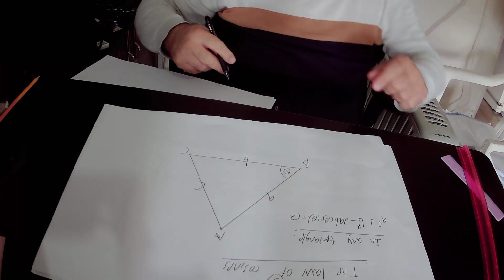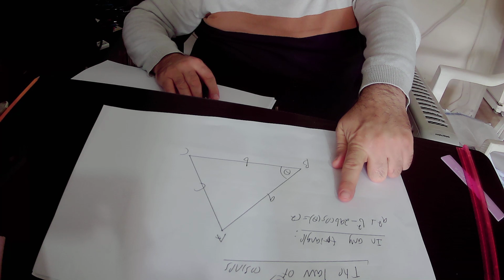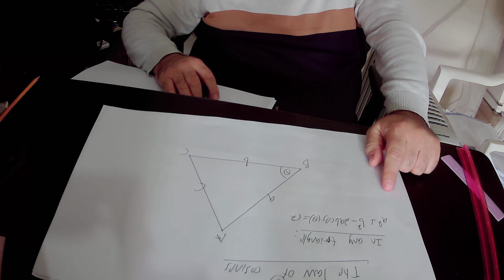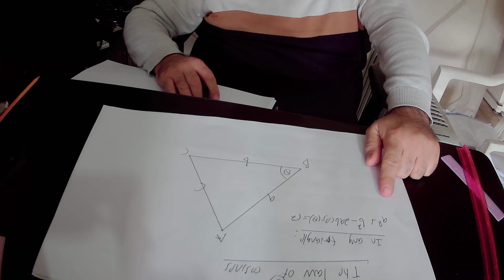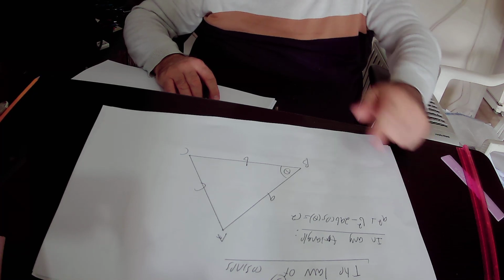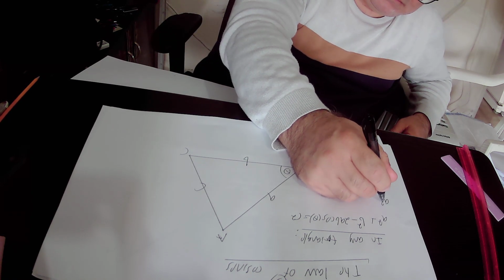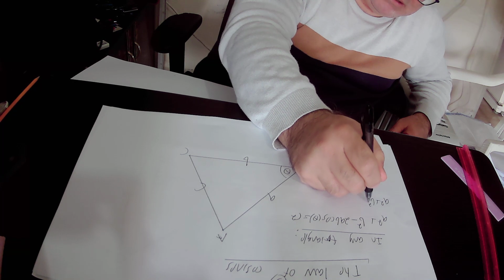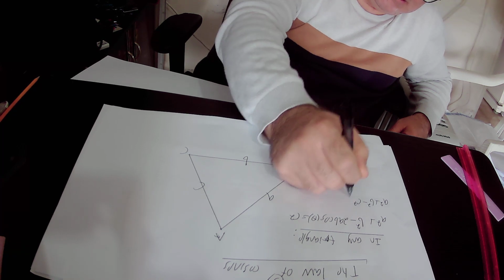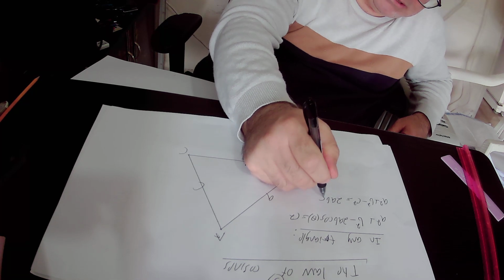I'll repeat again, A square plus B square minus 2AB cosine theta equals to C square. Here we will subtract C square and also add 2AB cosine theta to this equation, and we will get that A square plus B square minus C square equals to 2 times AB cosine theta